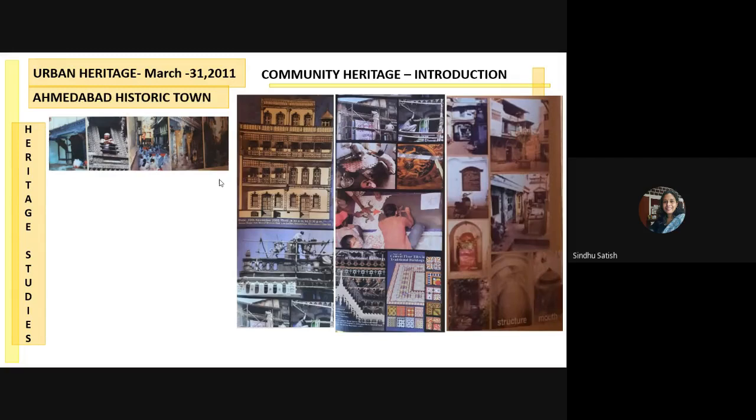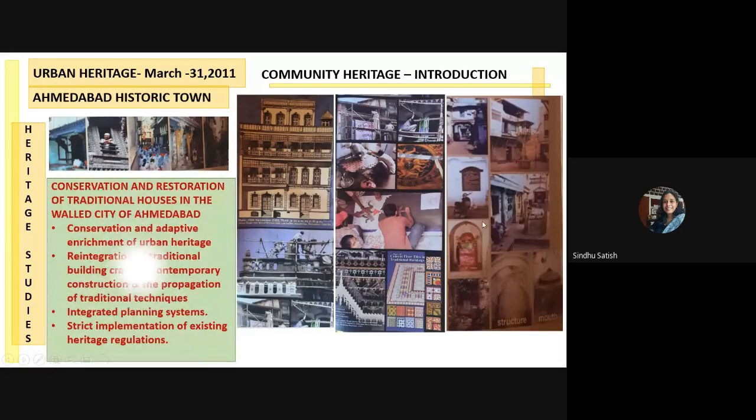I'm sure all of you would recognize this city, Ahmedabad, the historic town, the old fort city of Ahmedabad. This is about 600 years old, and it has now joined the ranks of Paris, Vienna, Cairo, Rome, Edinburgh, to name a few, on the World Heritage City map, so to say. And what you see on the right side is all the tangible and intangible heritage property of this particular place.